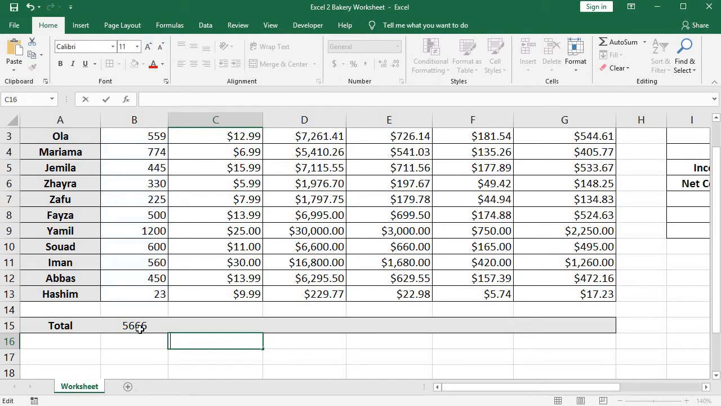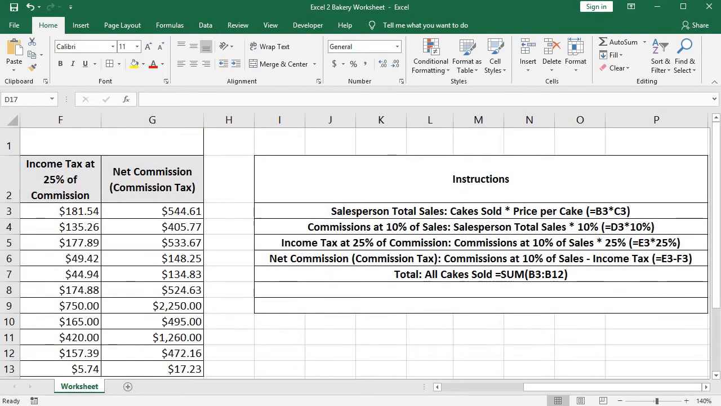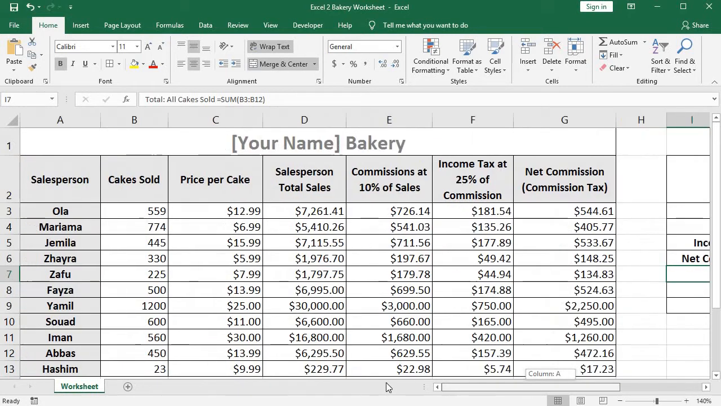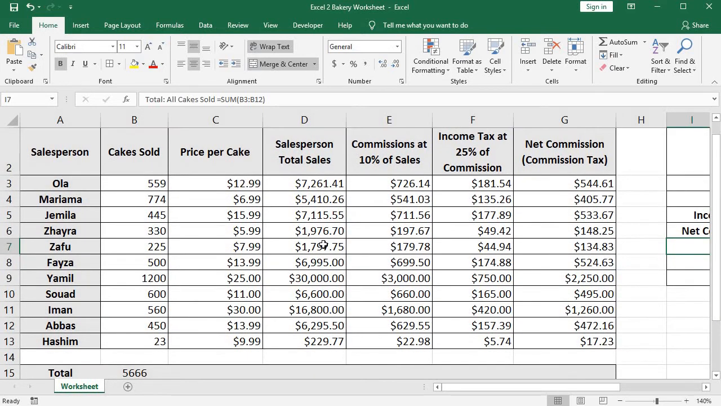So in this case, we put a colon, and that's basically going to add all the cells from B3 all the way to B13. I wrote it down on the notes, so if you're a little bit confused or need to review, it's already written there. Just remember that a colon will add everything in between the two cells that you mentioned. So we have 5,666